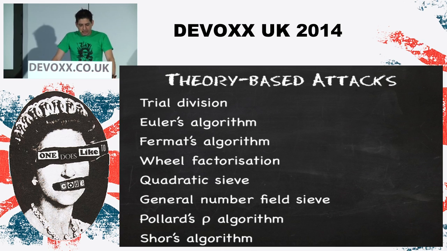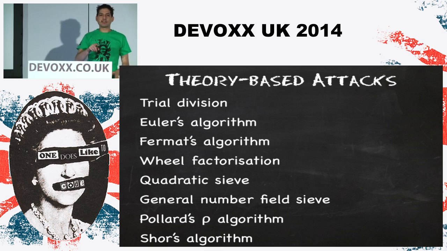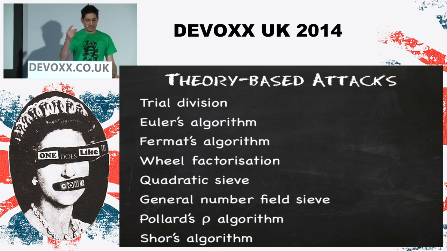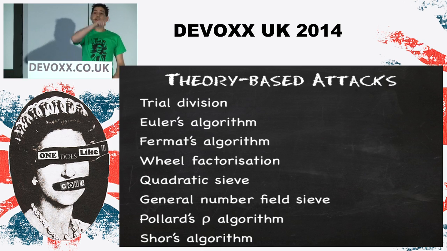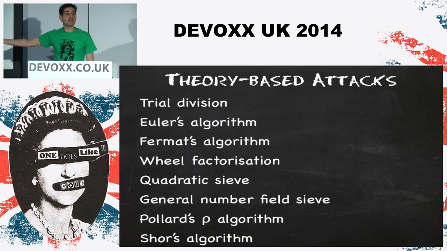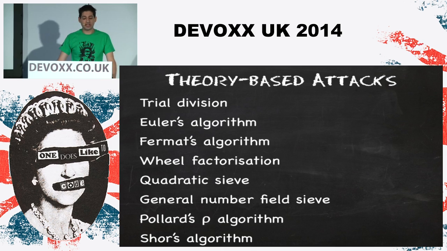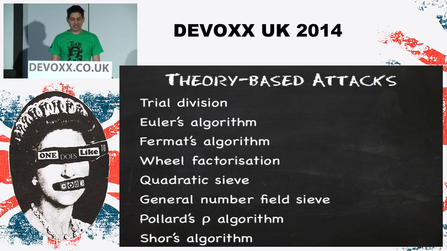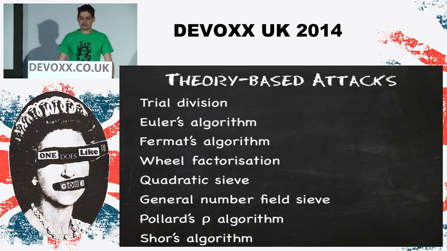Pollard's rho algorithm is, again, another one of these ones where you start with a guess and you keep improving. What happens with Pollard's rho algorithm, though, unlike Euler's and Fermat's, is that it actually starts forming a cycle. So the moment you realize you've got a number that you've already had before, you're done. And what happens is it draws this little shape like that, which actually looks just like a rho. And that's why it's called Pollard's rho algorithm. It's currently the most advanced algorithm we've got. It's slightly more practical to use than the general number field sieve, but it's not always the one that works in every case. So it's one of these ones where if people know what they're looking for, they'll use one, or they'll use the other if they don't.